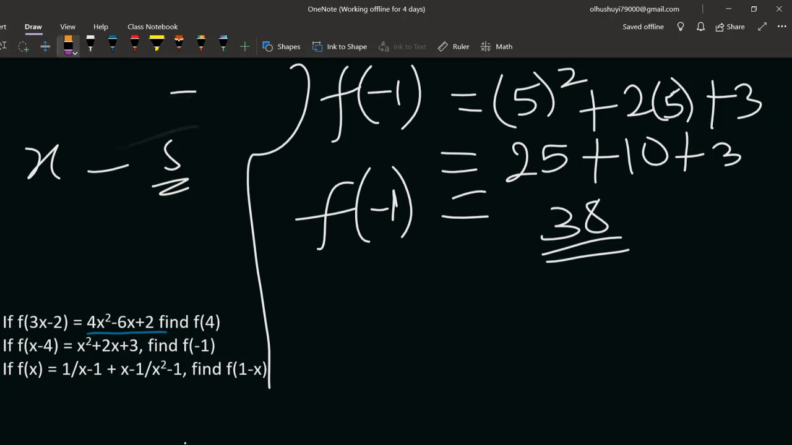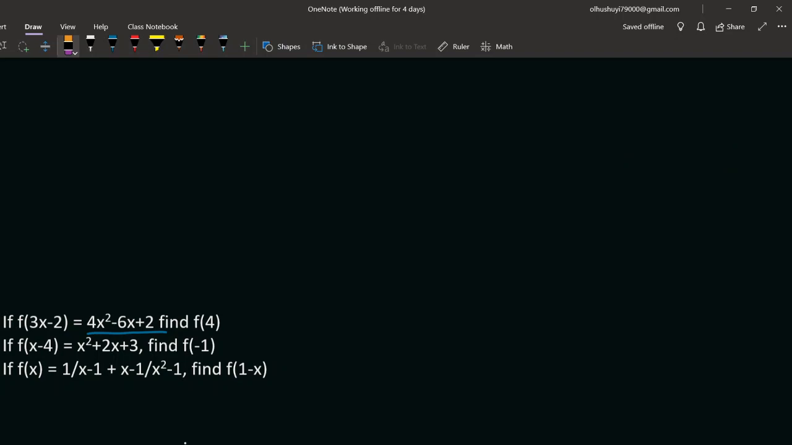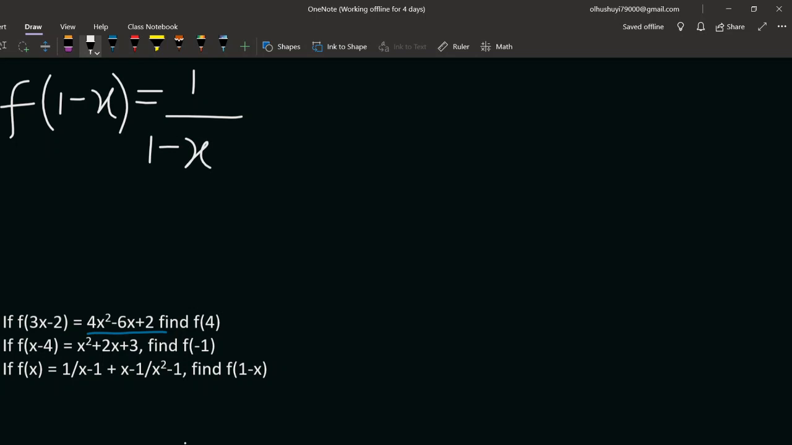But question 3 will go this way. Question 3 says f of x equals 1 upon x minus 1 plus x minus 1 upon x squared minus 1. Find f of 1 minus x. This is direct substitution, just like the example I started with. So whenever we see x, we have 1 minus x substituted directly into that. So you have my f of 1 minus x equal to 1 upon, instead of x minus 1, I have 1 minus x, 1 minus x takes the position of x, then minus 1, then you have plus x minus 1, that is 1 minus x minus 1, 1 minus x minus 1